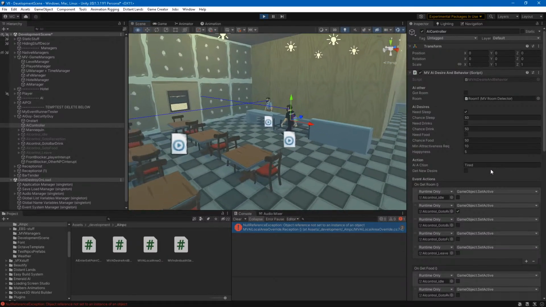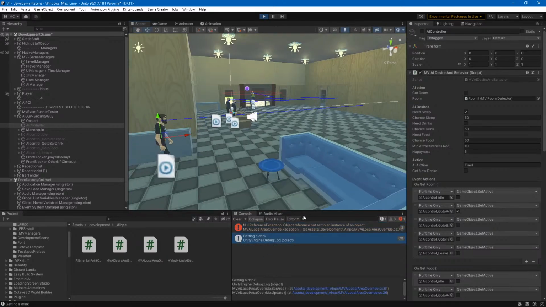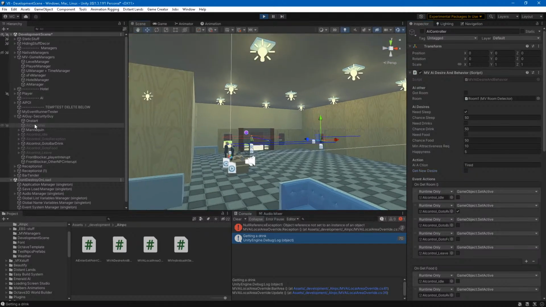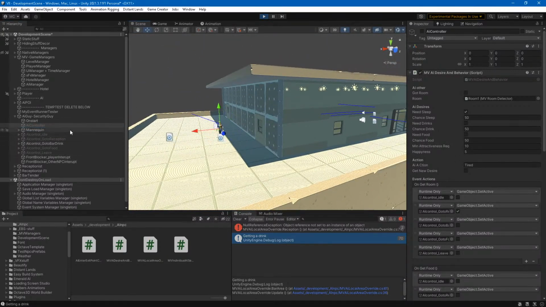Going to the bar, getting a drink, yes. And now I guess he's done with getting drinks. I noticed the AI controller has been disabled. And now he's just running on idle, and that's because we have this error down here. So when he left the trigger, it didn't re-enable. You can see it's been disabled. So if I re-enable,